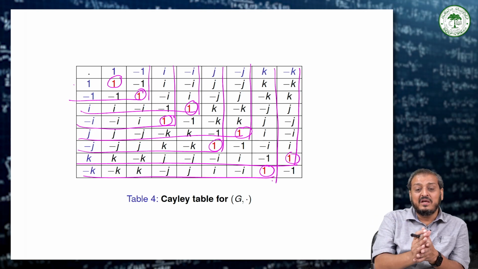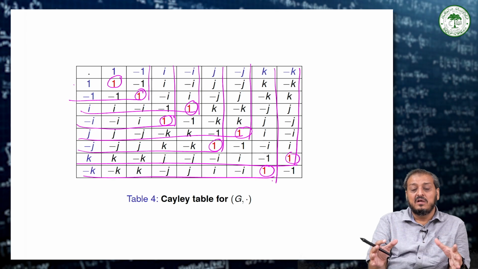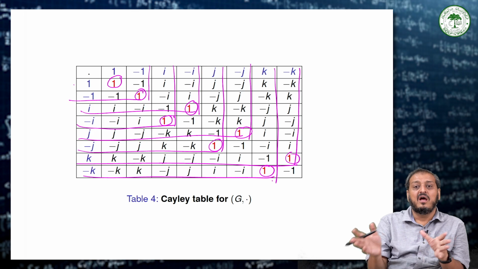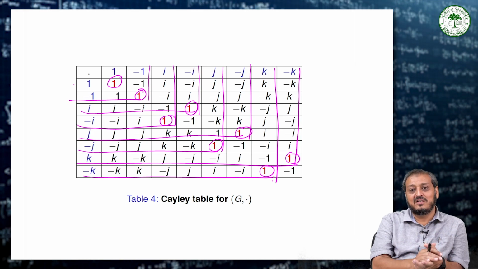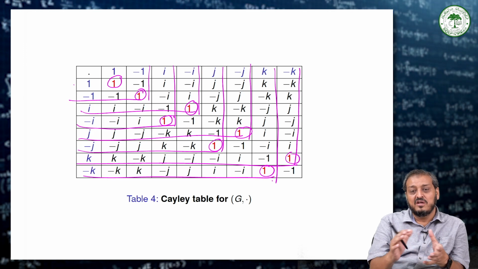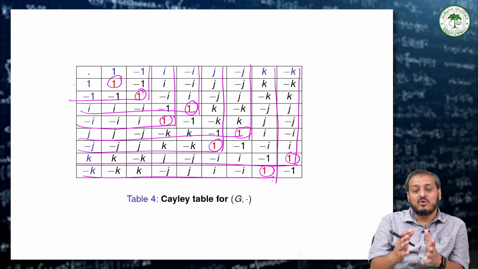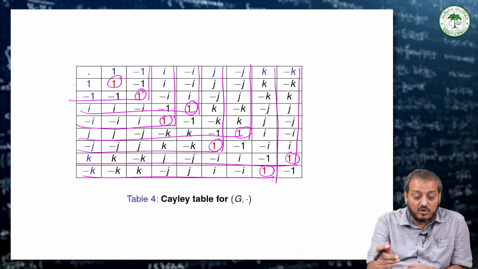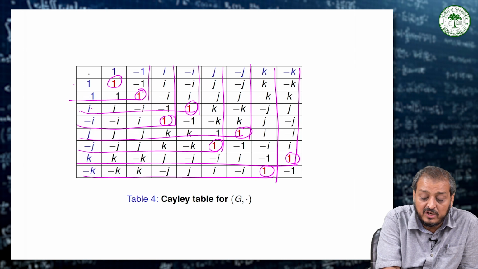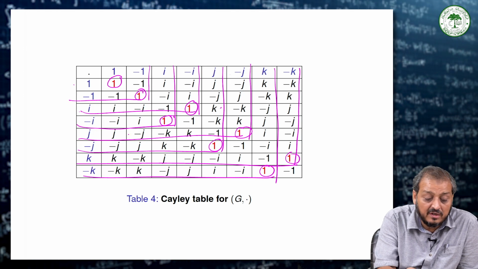So we can see that every element we have to find has an inverse present there, and the identity element is there. So this satisfies all the properties of a group, and clearly this is a non-abelian group. We can see from here also that i into j is equal to k,